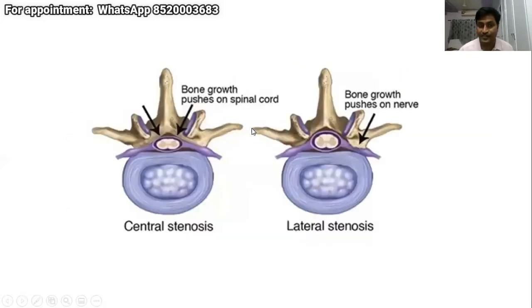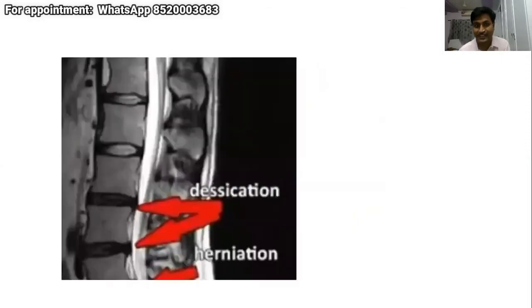So in canal stenosis, there is narrowing of the canal. Can you see? Here the central canal is narrowed. That is, the dimensions of my head will decrease. When the anteroposterior dimension of my head in the MRI is decreased, that is known as central canal stenosis. If there is a decrease in the dimension of my shoulder, then it is known as lateral canal stenosis. Am I clear?